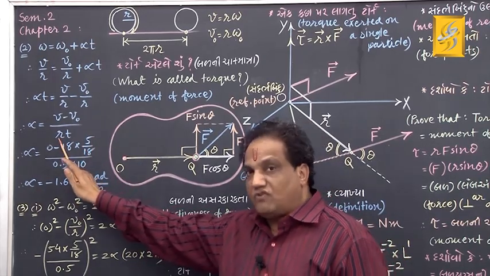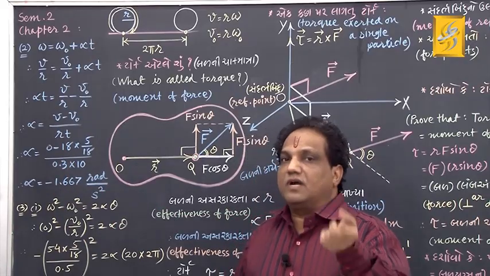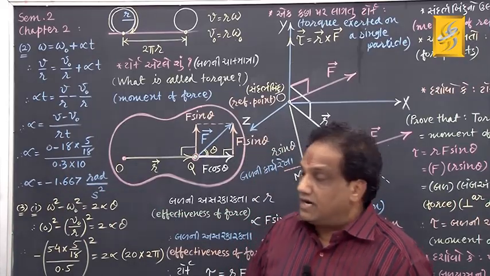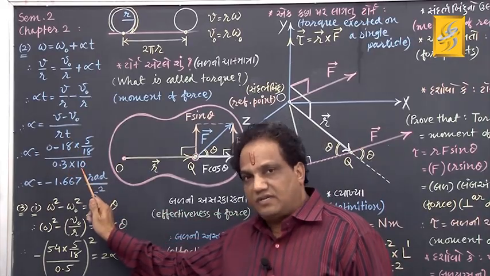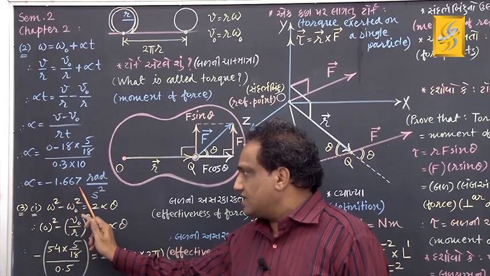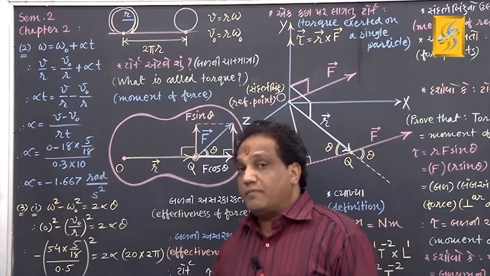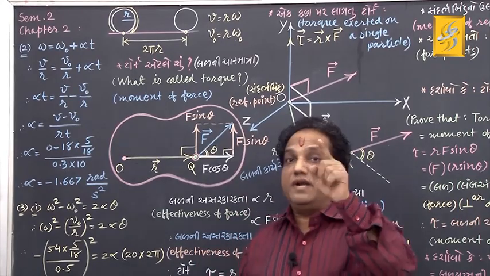What about radius of wheel of that mini train? You are given 30 centimeter, convert it into meter, 30 upon 100, 0.3 meter, time is given to you 10 seconds. Simplify, answer is minus 1.667, and you must be remembering the unit of angular acceleration,